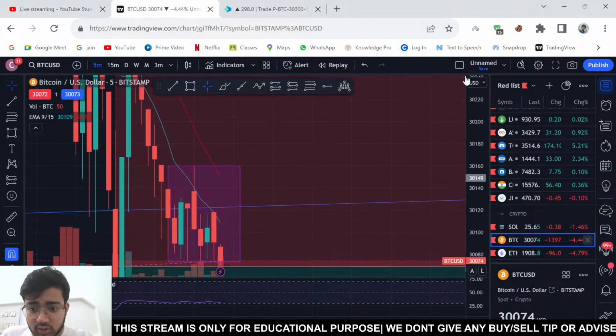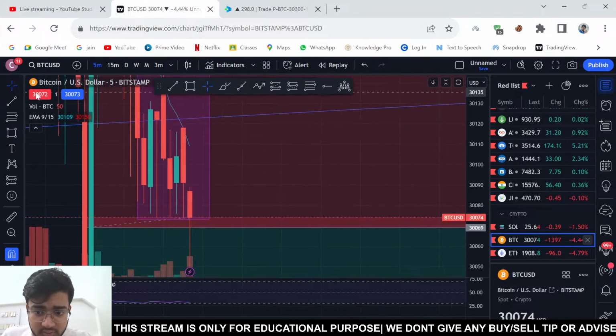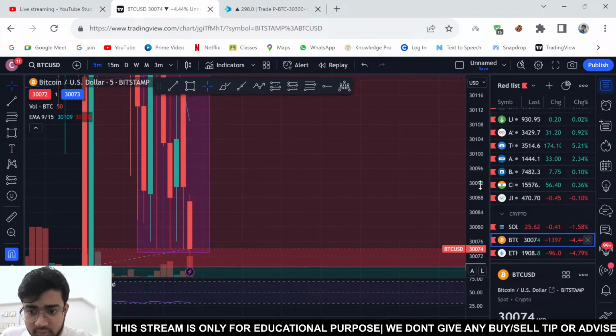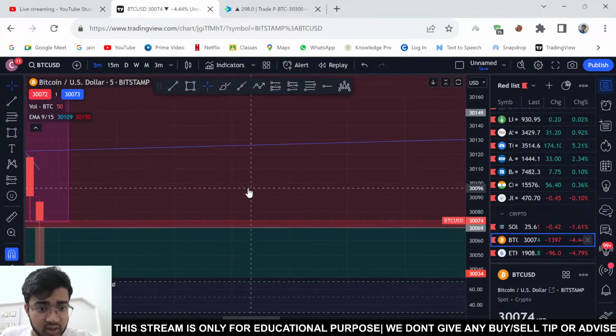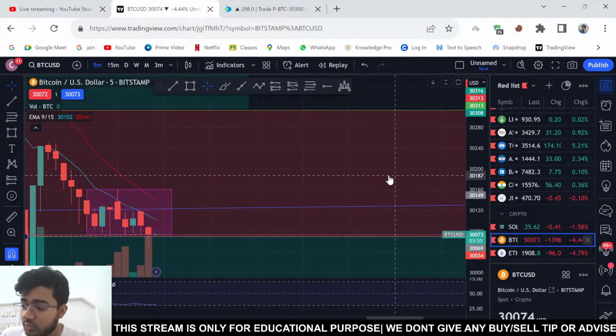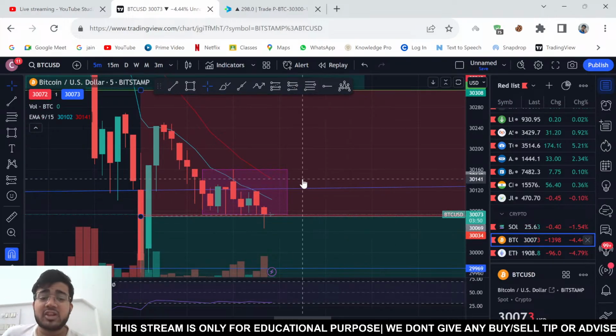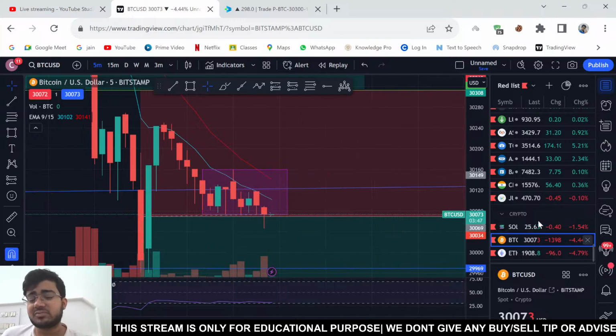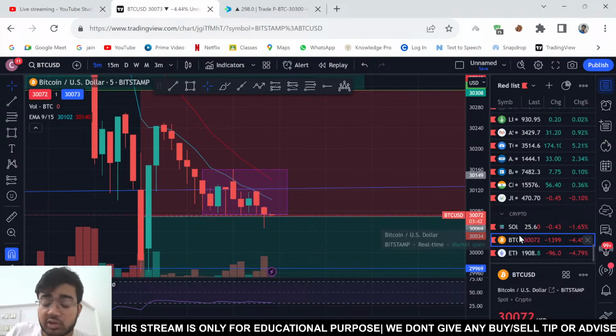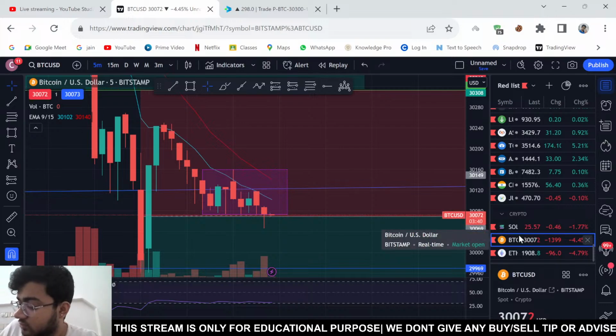So I'm just gonna be exiting the trade with 50% quantity about here. Even if I see a breakdown from this level, I'm not gonna be surprised, but I don't really feel like keeping the full quantity at this level. So just give me 2 seconds, I'm gonna exit. I've exited my 50% quantity,